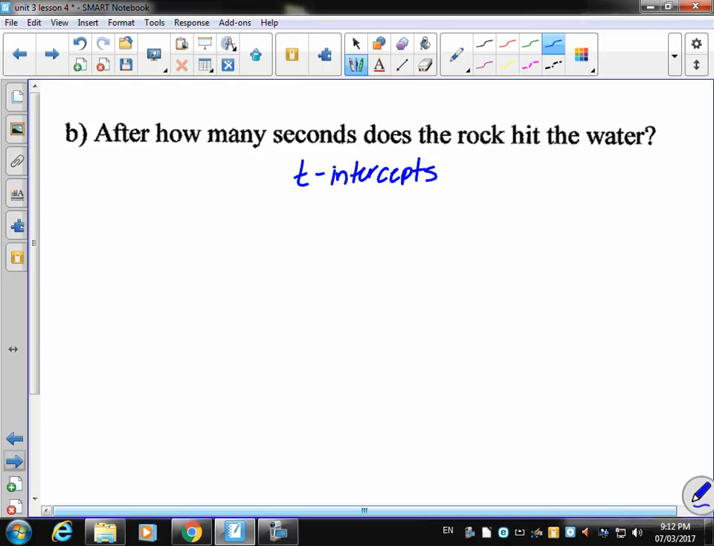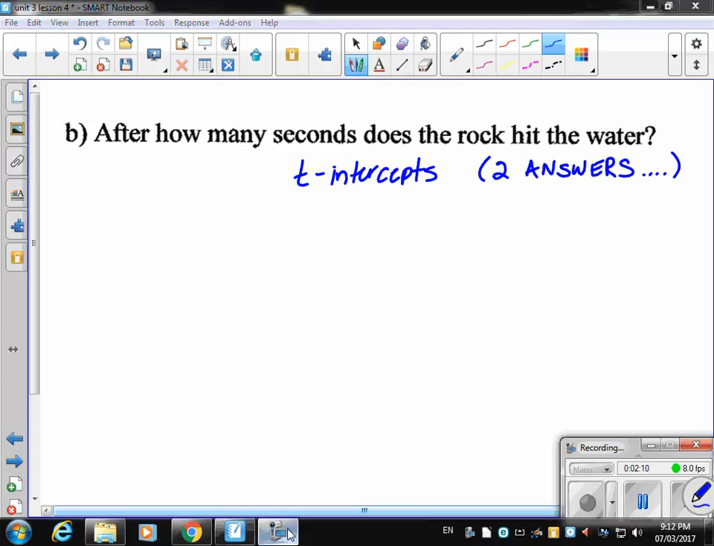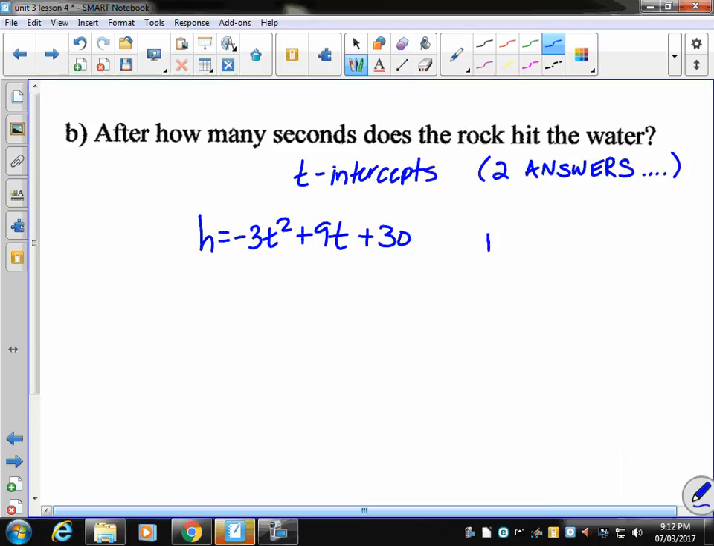Remembering that we could get two answers, one of them might not make sense because you can't have negative time. So we'll have to be careful with our answer. I wrote my equation again to work with it on this page, but this form doesn't tell me the x-intercepts. So I am going to change it to factored form,